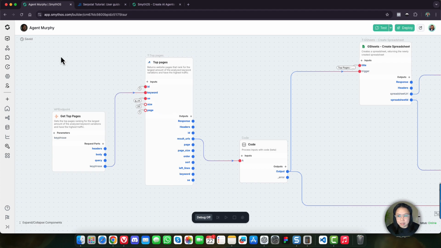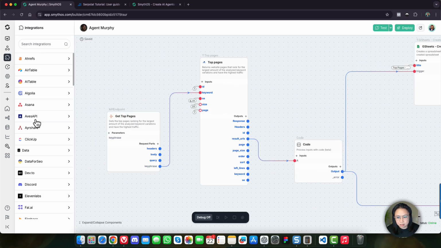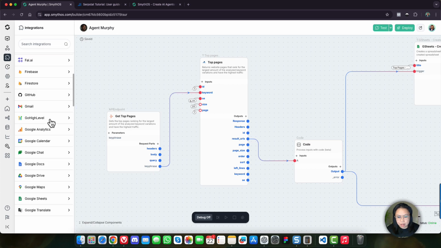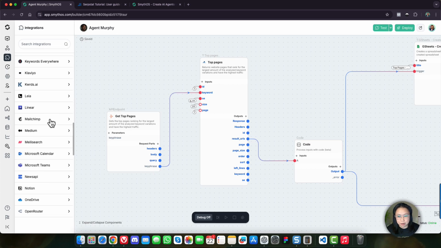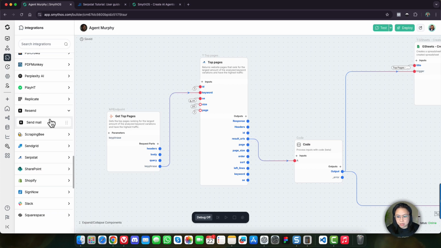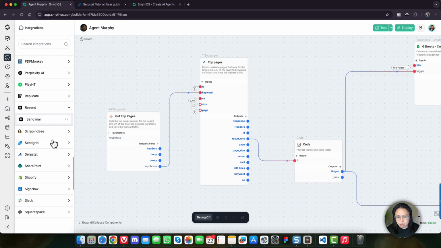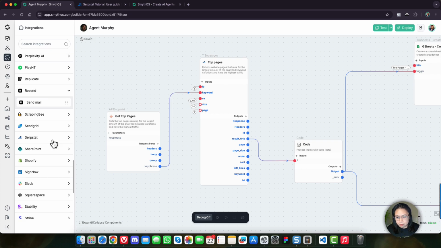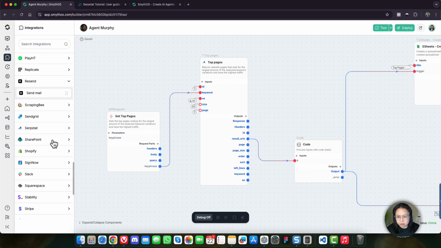The SerpStat integrations live at the integration sidebar. Just click integrations there and scroll down. This is organized alphabetically, so you'll see SerpStat somewhere near the bottom.